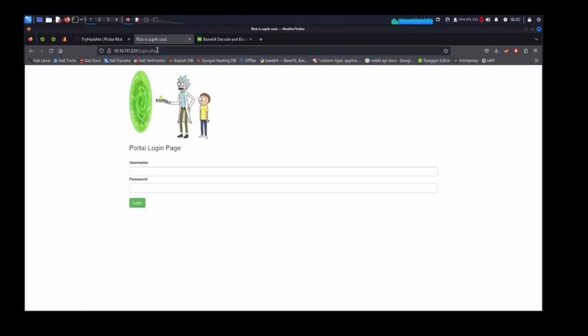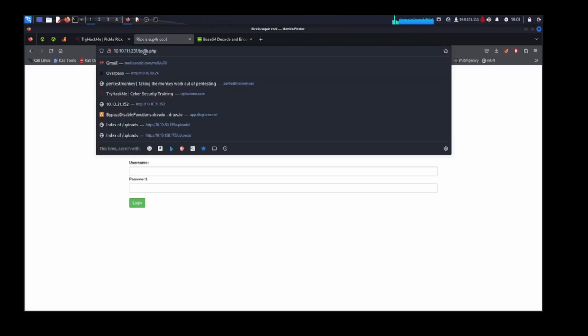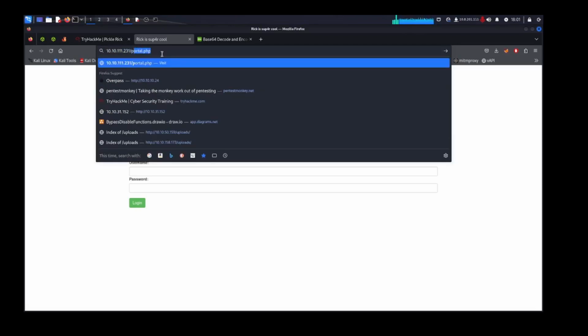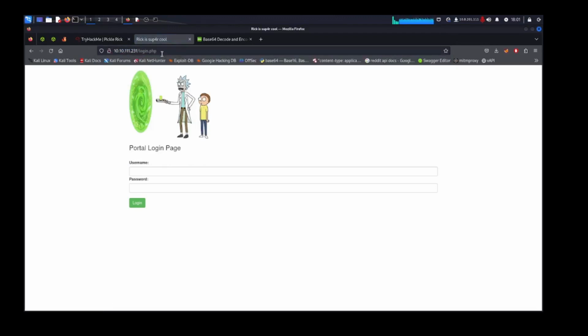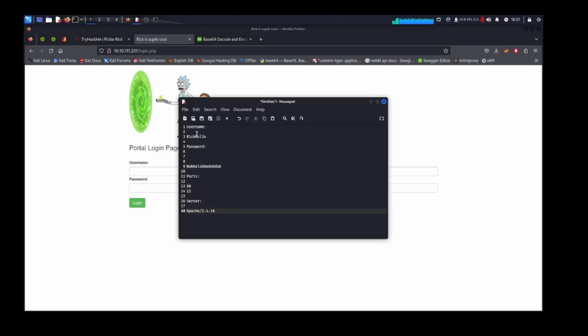It redirected us to login. Okay, portal.php. So basically we need to log in to get to the portal. Okay, so we got here, if I recall, we got here the